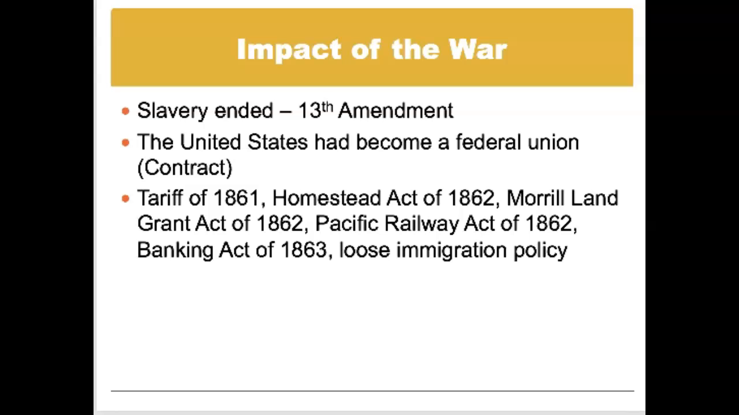And then the Republican agenda that Abraham Lincoln had platformed on in the 1860 election comes into play here. We have a new tariff, which is a little bit higher, the Homestead Act of 1862, which is a liberal or very open land policy. The Morrill Land Grant Act of 1862 set up universities in the West. The Pacific Railway Act of 1862 is going to allow for the expansion of railroads out west and eventually create that transcontinental railroad. Of course, the Banking Act of 1863 starting to create a more federal